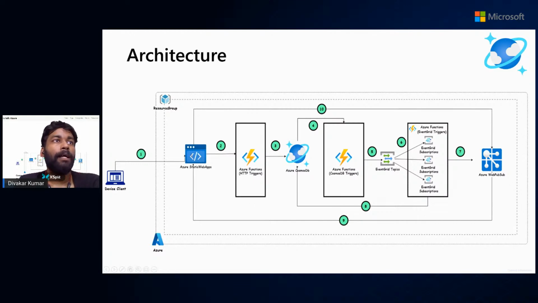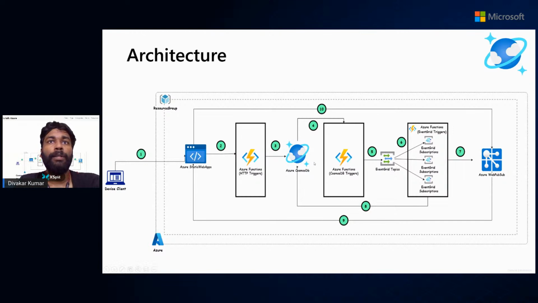From this front-end application, we call REST APIs. We have defined REST APIs in Azure Functions as HTTP triggers, because our entire application is built in a serverless, event-driven architecture. So all of these HTTP calls go into the Azure Functions, and from the Azure Functions, we persist the data into Azure Cosmos DB. This is where the vital role kicks in, as the different events will now be fanned out to different subscribers.